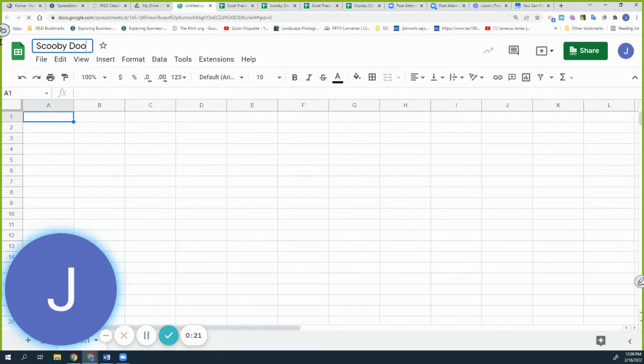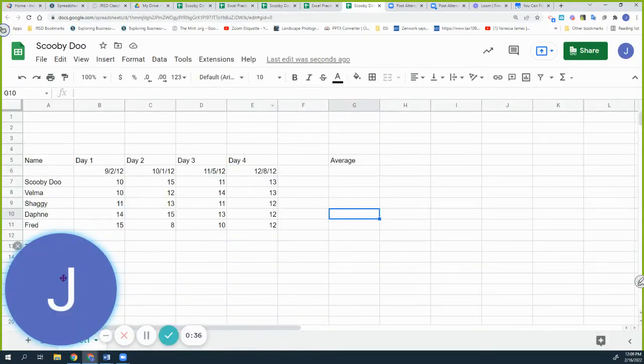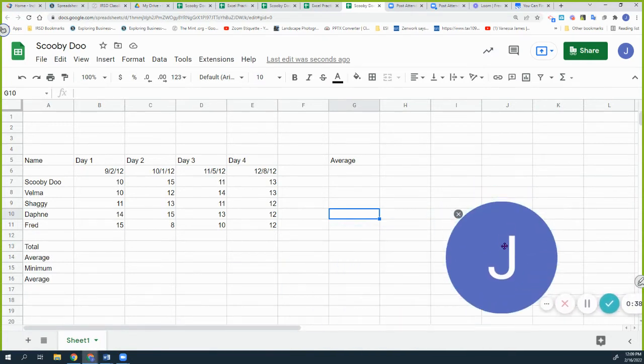This is the hardest sheet that we're going to do together. And then you want to type it so that you have this information here. This information here. So you want it to look like this. Okay, so you can pause the video at this point to go ahead and type that in. And then when you're ready, when you have that typed in, I'll show you how to do the formulas or